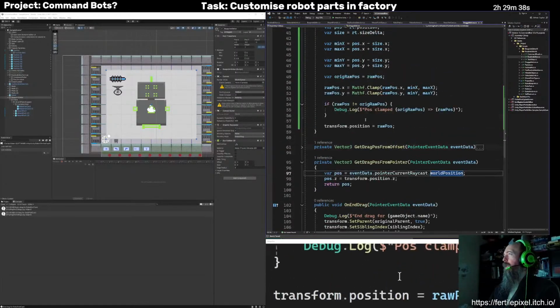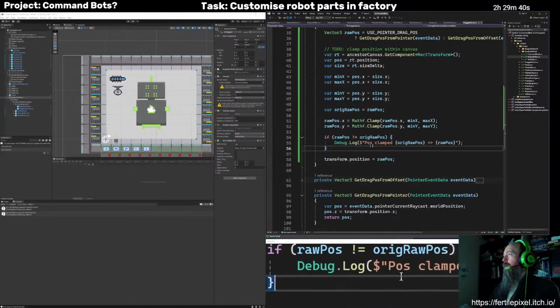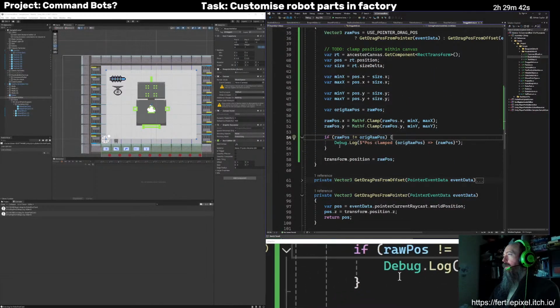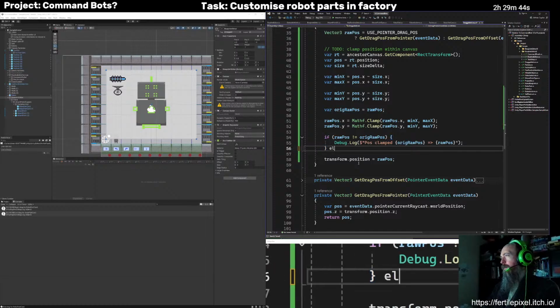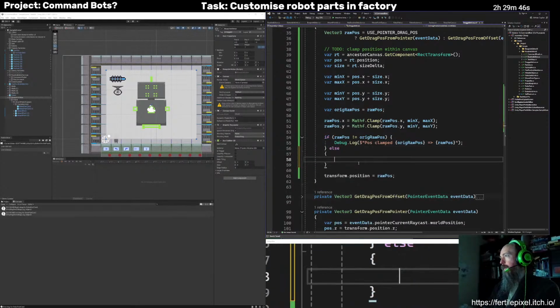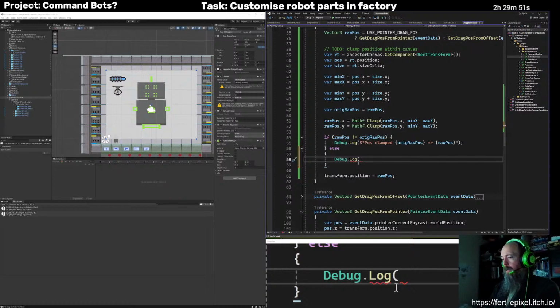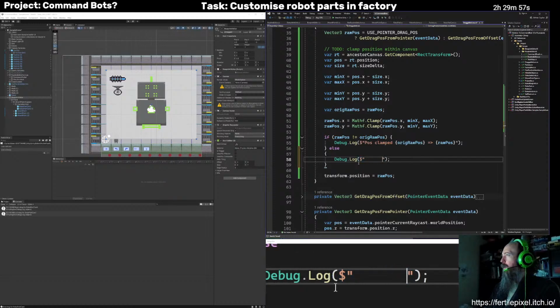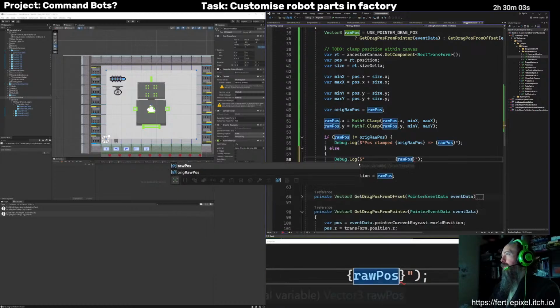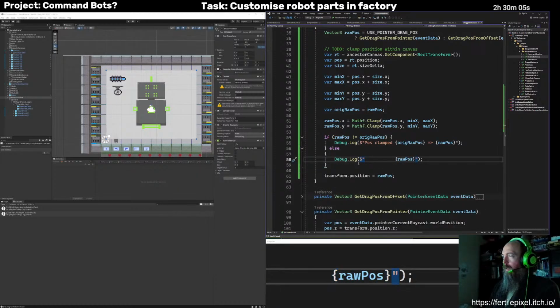Okay, so maybe I need this to be like, I'm going to log it anyway, but it'll look slightly different so that I can tell it apart. So I'll just do like that.